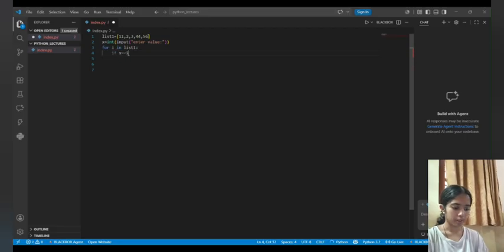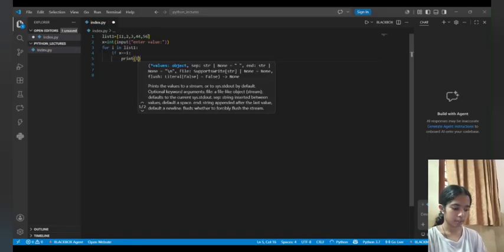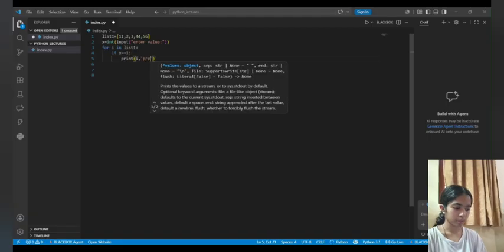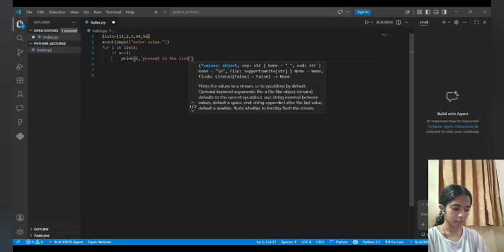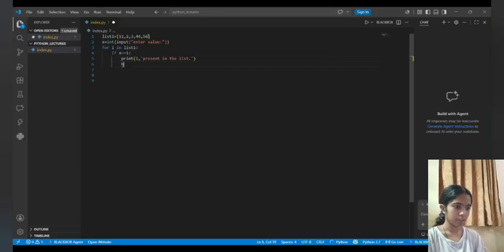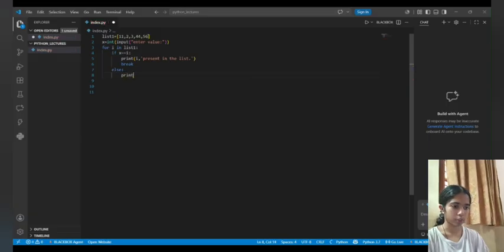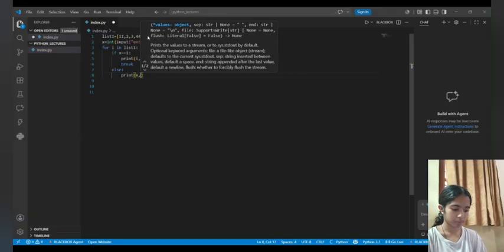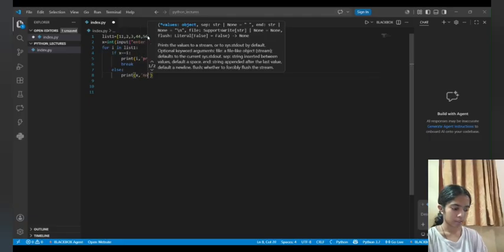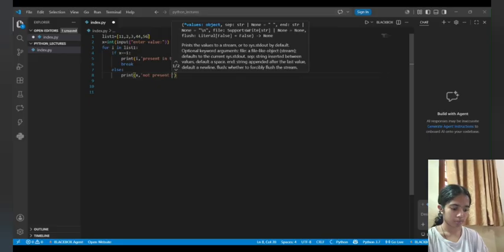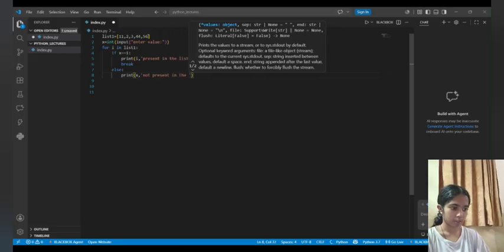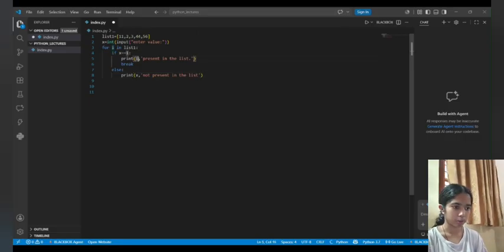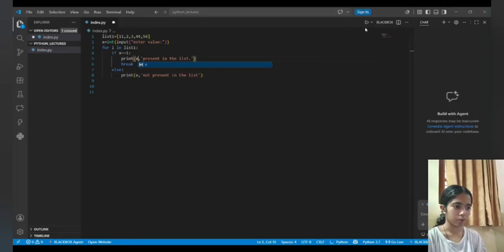Here, if x is equal to i, then we will print i present in the list, and then we will break. But if x is not equal to i, we will print x not present in the list. Here also it's not i, it's x. And now we will